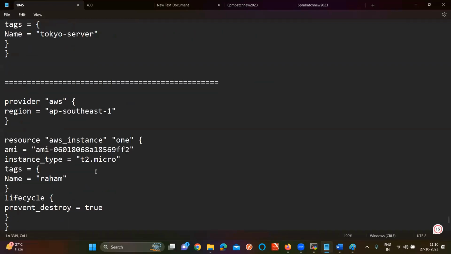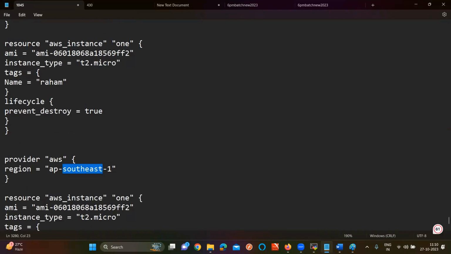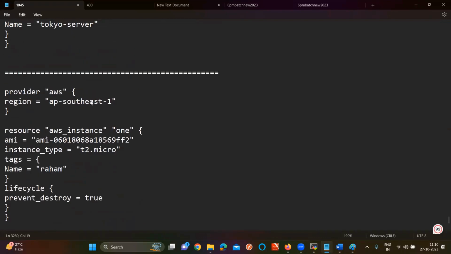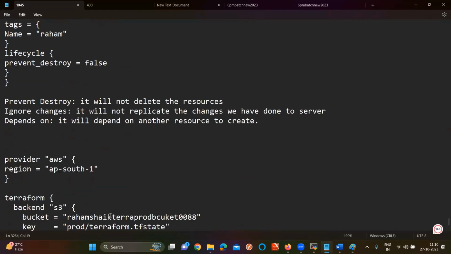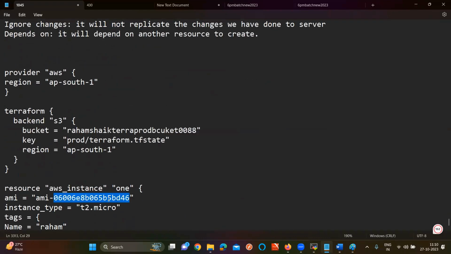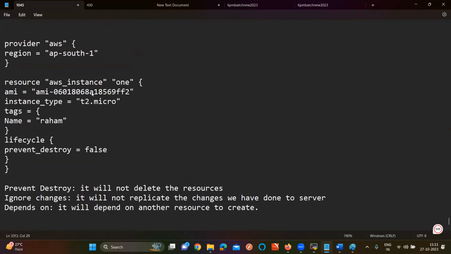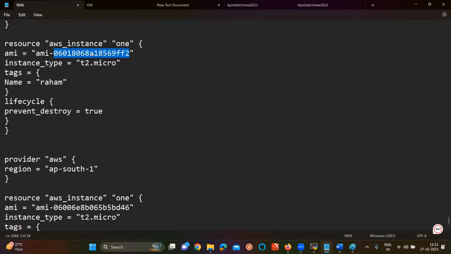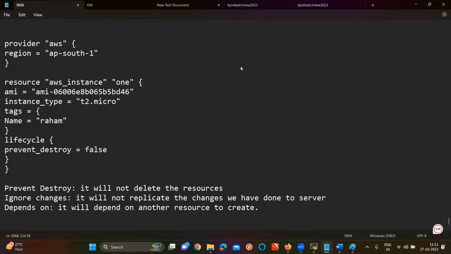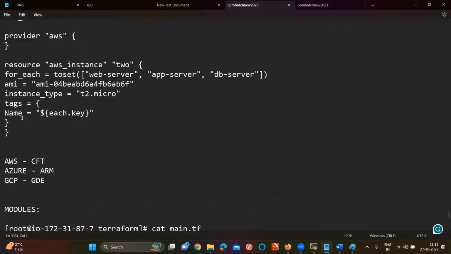One second. In the last one, AP South. The Terraform S3 backend setup is clear for all of you, but let me give the content for it.